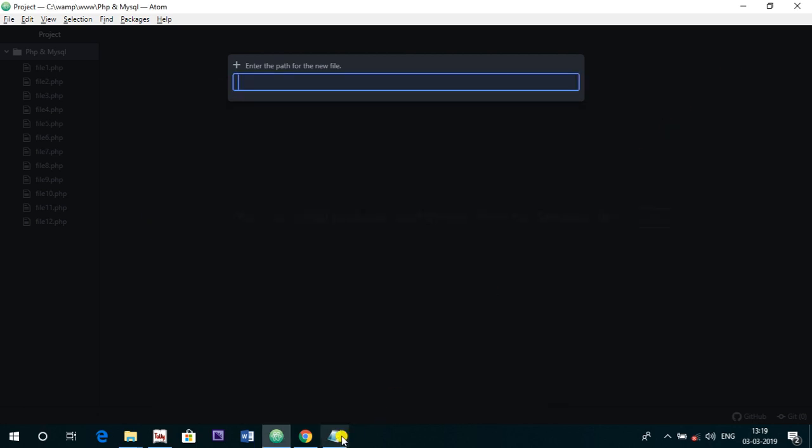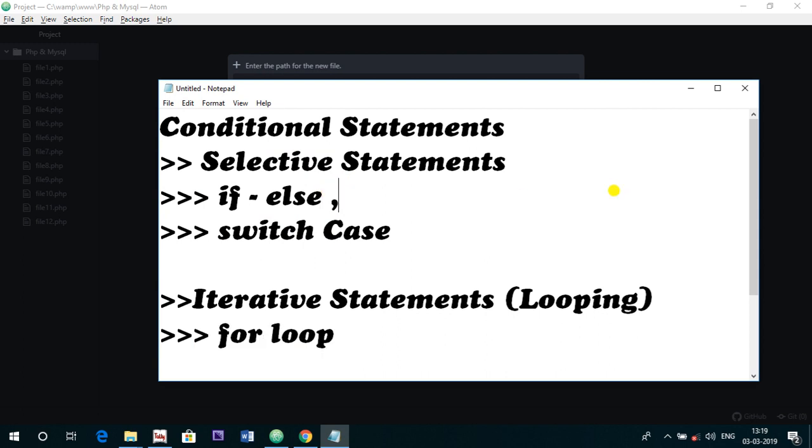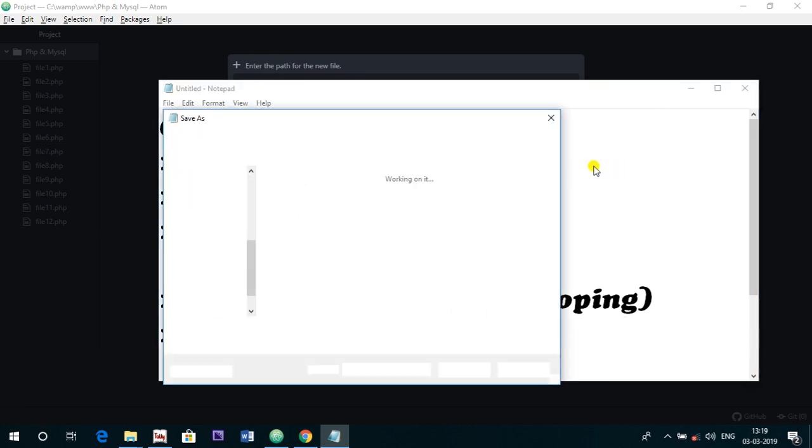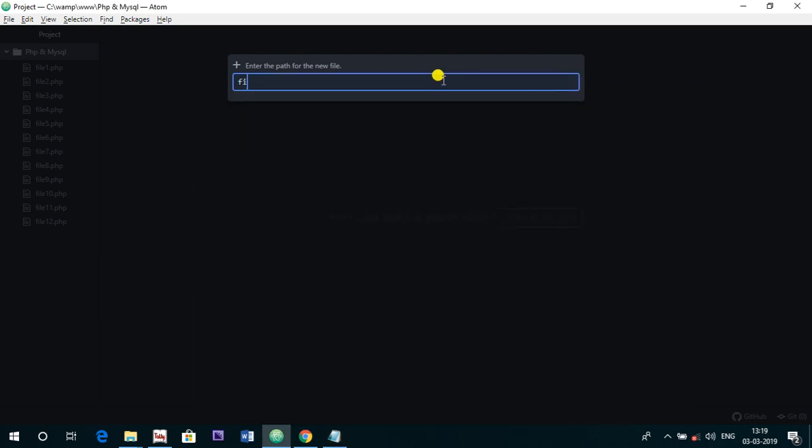We have already studied conditional statements, in which we have studied if else, nested if else, and switch. So today we will study iterative statements, that is also known as looping, and in that we will start with for loop. So let's name the file